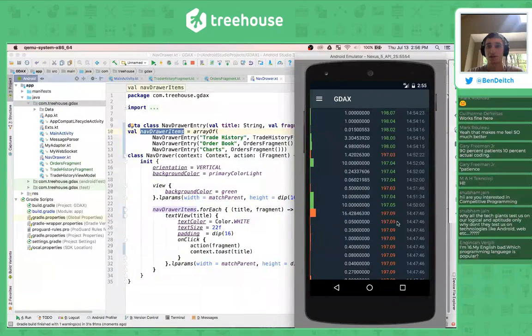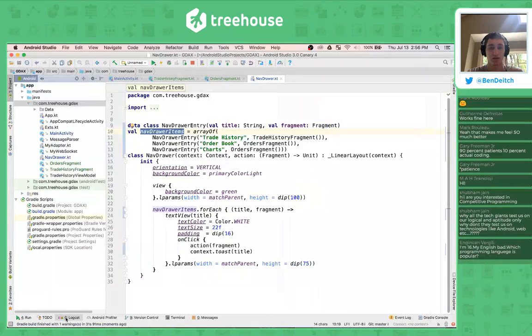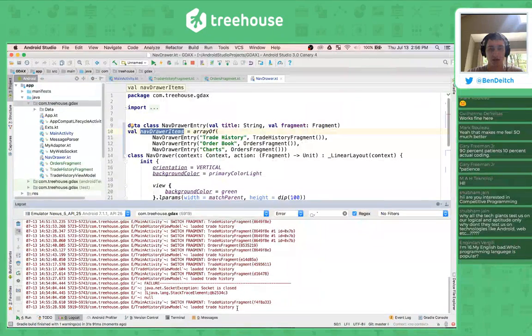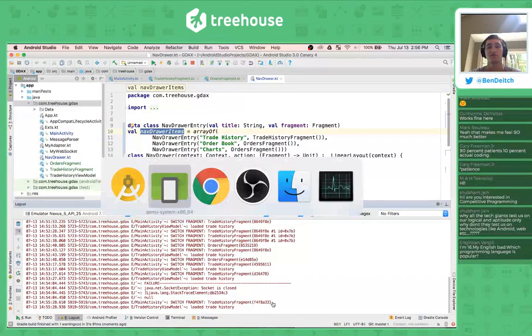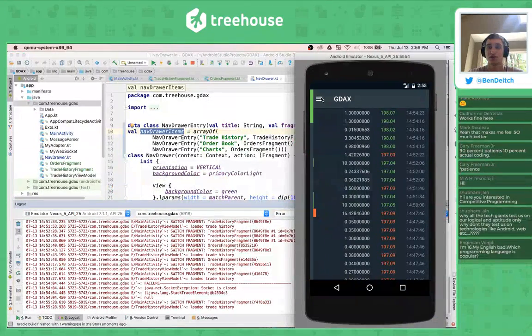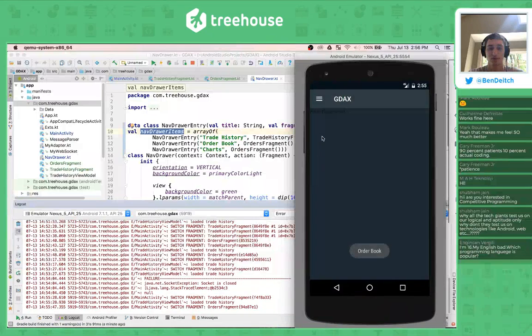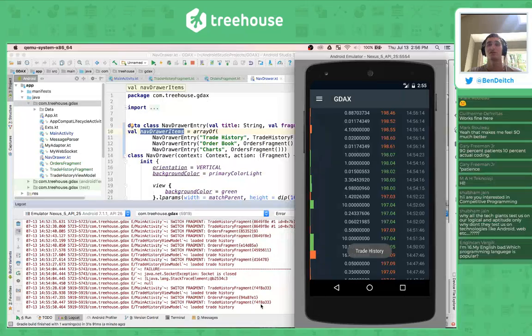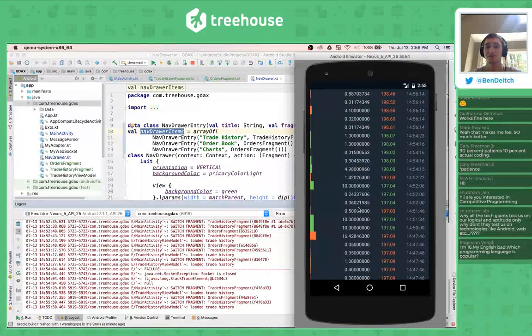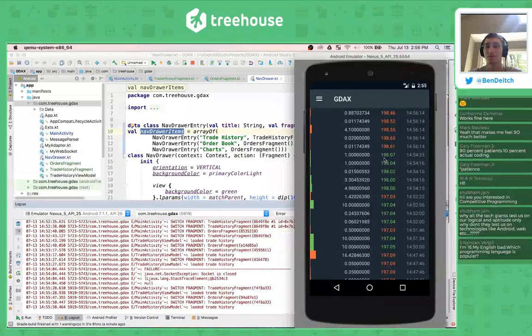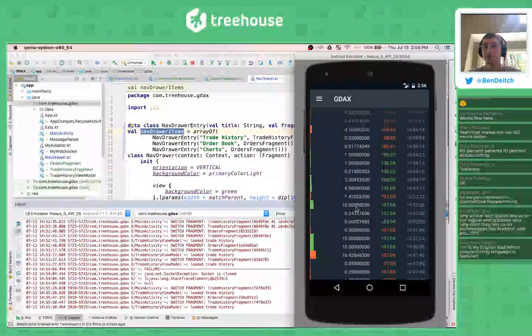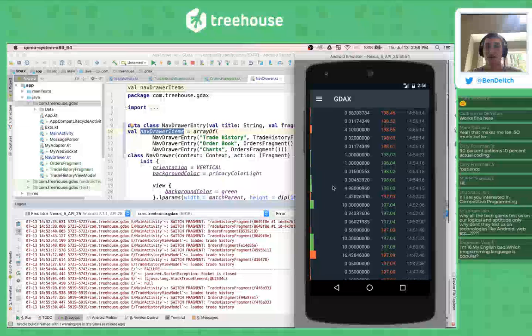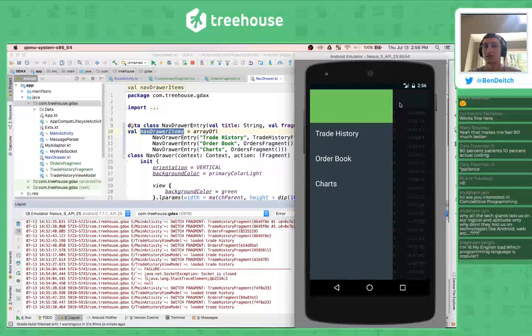Okay, so that ran, and in logcat we have a trade history fragment of F4F. If we bring out an order book and then go back to trade history, it's the same trade history fragment. So we are not duplicating trade history fragments anymore. Yay. All right, so now that we're pretty well finished with the app bar,